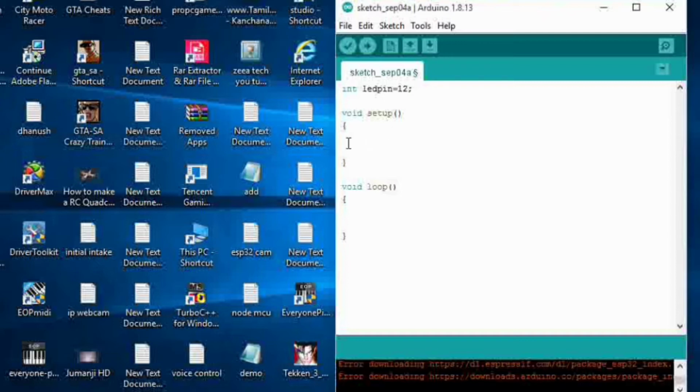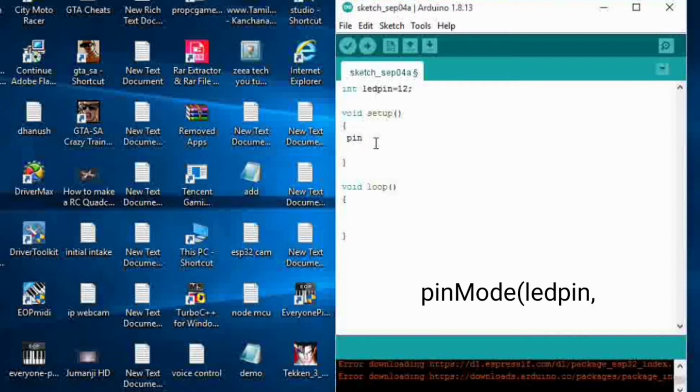Now we have to write whether this pin is input or output. If we want to read inputs from sensors, we have to assign this pin as input. Or if we have to give outputs, for example to glow an LED or to run a motor, we have to assign this pin as output. Now I am assigning this pin as output.